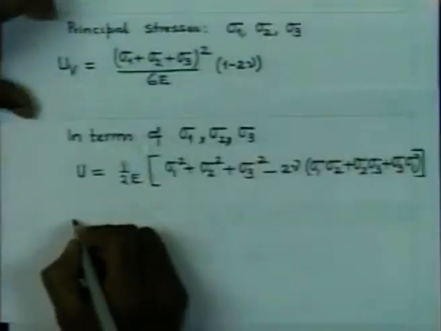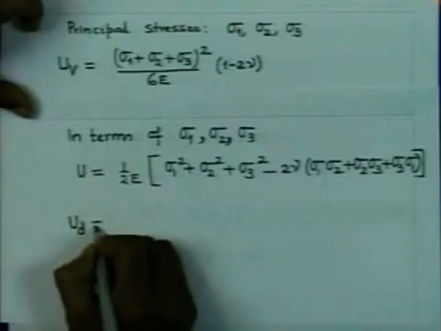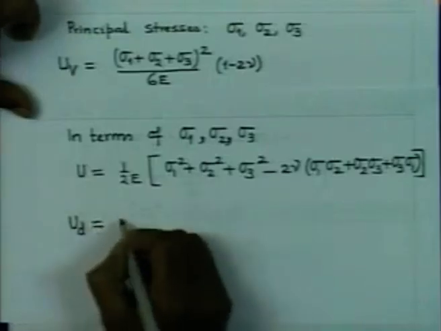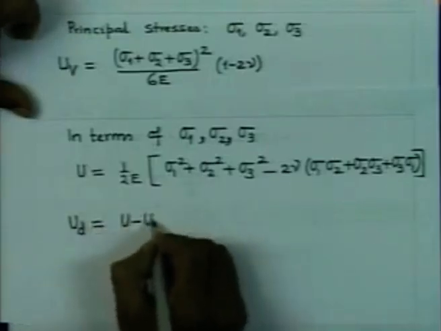Now, if I look into the volumetric strain energy density that was given by Uv. So, therefore, if we now calculate the difference between the two, that will give us the energy density due to the distortion part. So, that is nothing but U minus Uv,